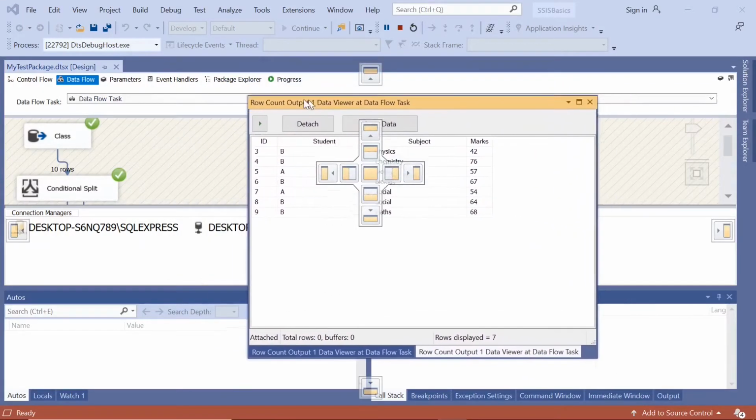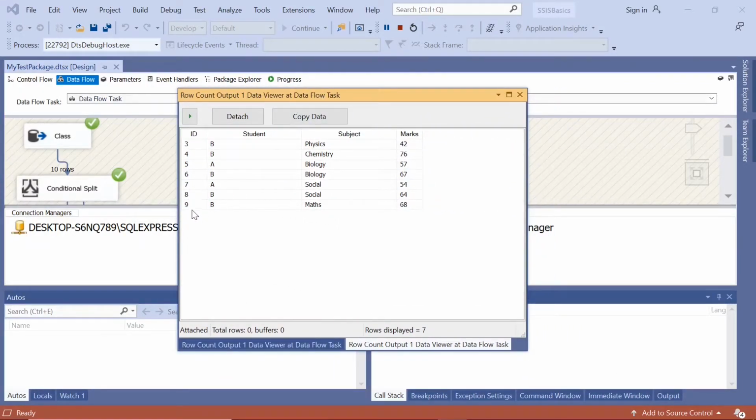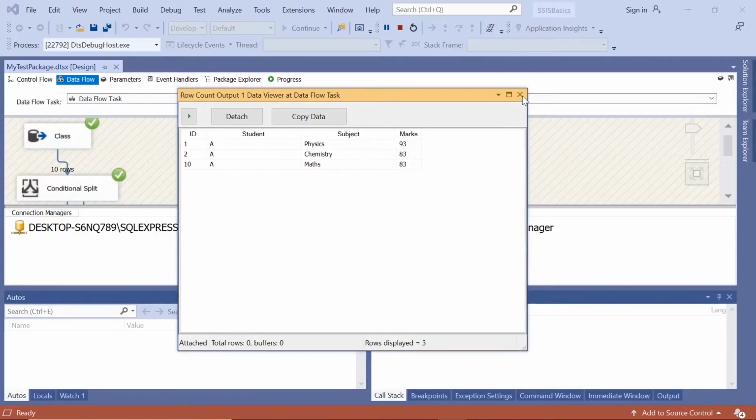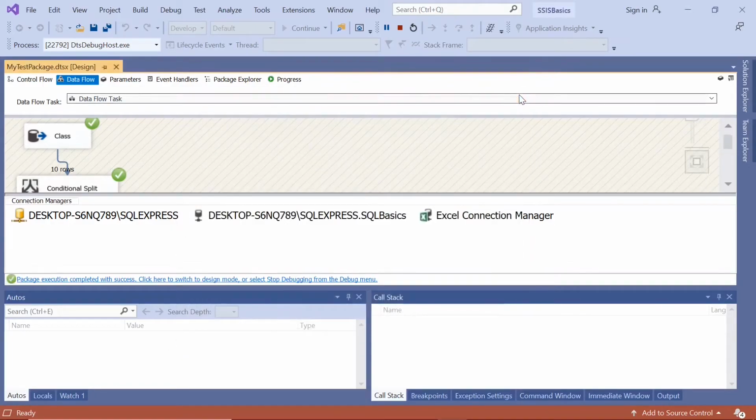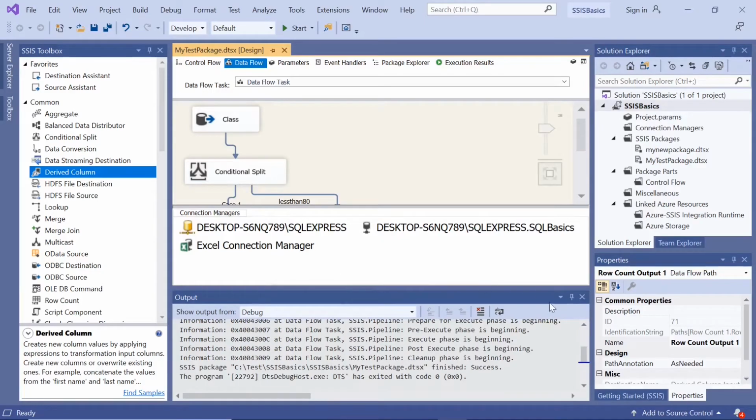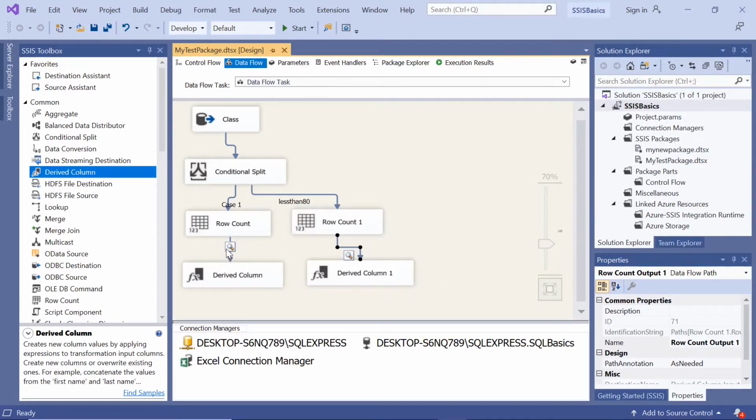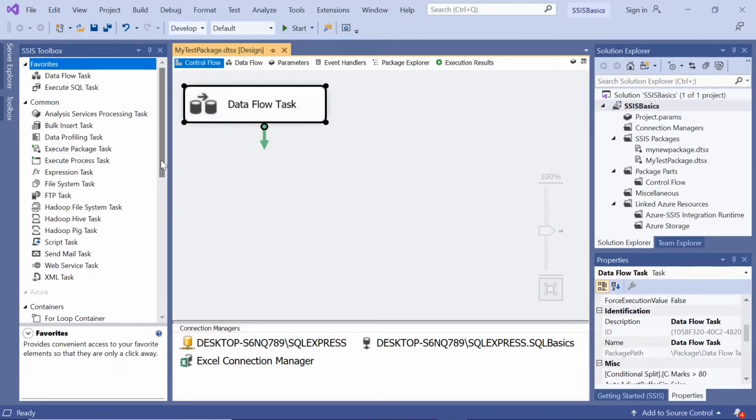So this is row count 1 output. That means there are 7 records here. And if I close this, this one is 3 records. I just close this. With this data viewer and this data viewer, we are just seeing that one is 3 records and one is 7 records. So to find this row count, we can just go to the control flow and take a script task here,